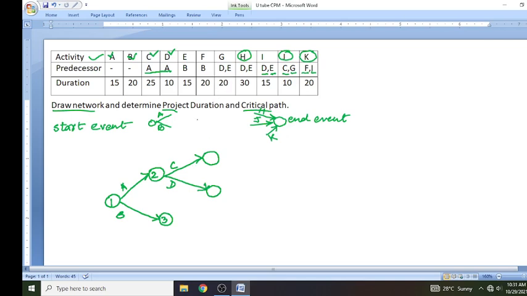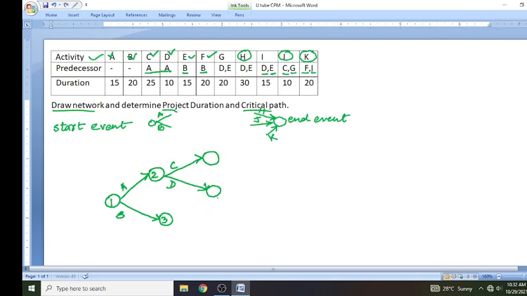Then we have E and F. They both can start after completion of B. So after B we can start here.